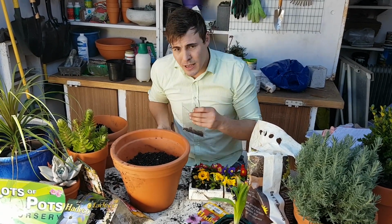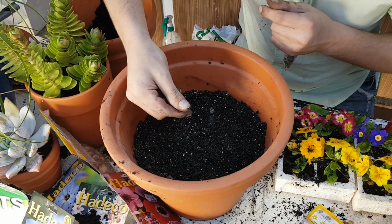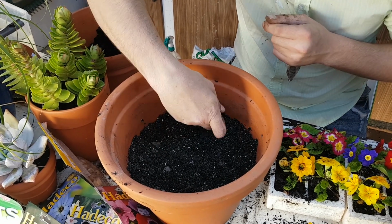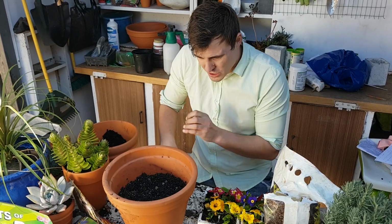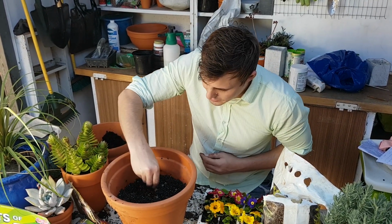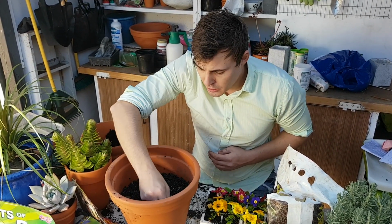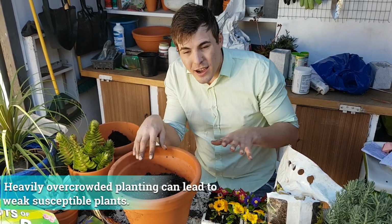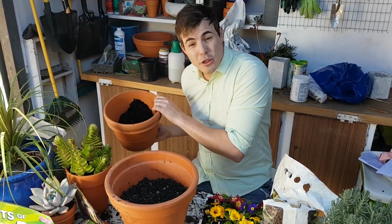So come over, but come closer, let me show you here. Now, I'm going to be positioning these guys a little bit closer than I should be, and that's because I'm doing it in a container and I want that concentrated, beautiful bush of flowers coming out here. Okay, so I'm just gonna stick in a last little few, don't overdo it. We'd rather have some left than have too many in here. Okay, so these are nice and evenly spaced right through,